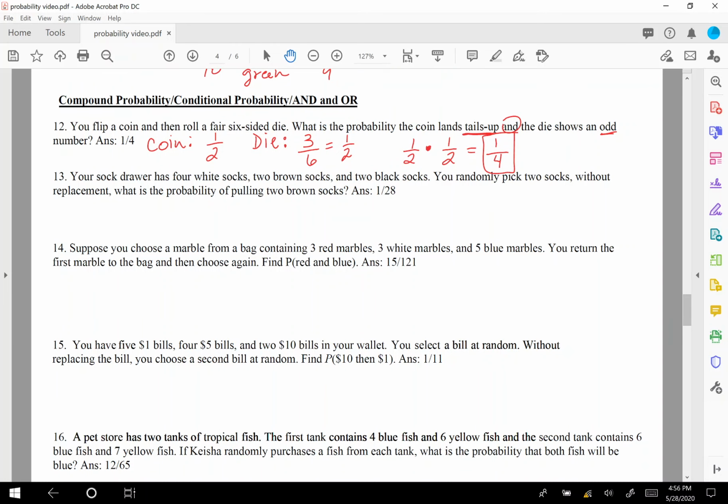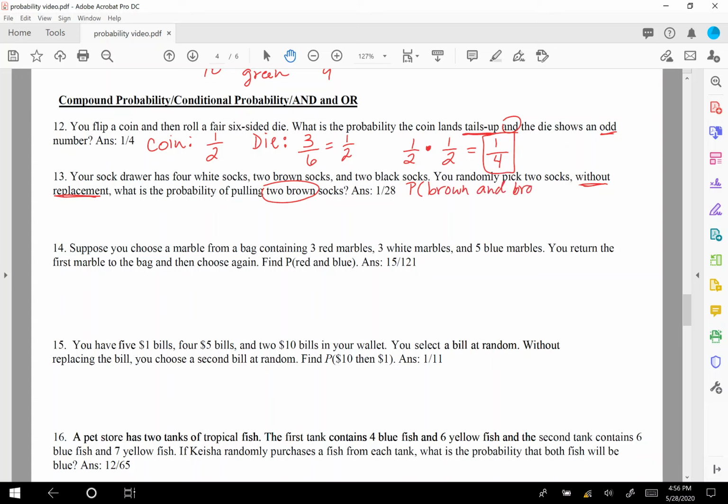All right, your sock drawer has 4 white socks, 2 brown socks, and 2 black socks. You randomly pick 2 socks without replacement, keyword, without replacement, so that makes this a dependent event. What is the probability of pulling 2 brown socks? Okay, so this is basically the probability of brown